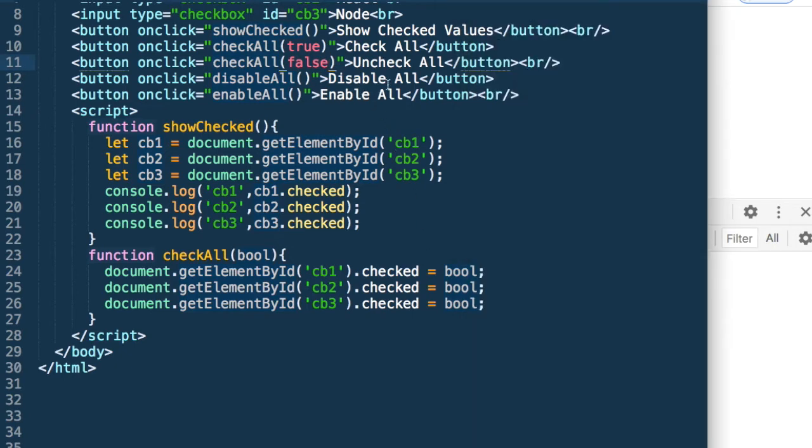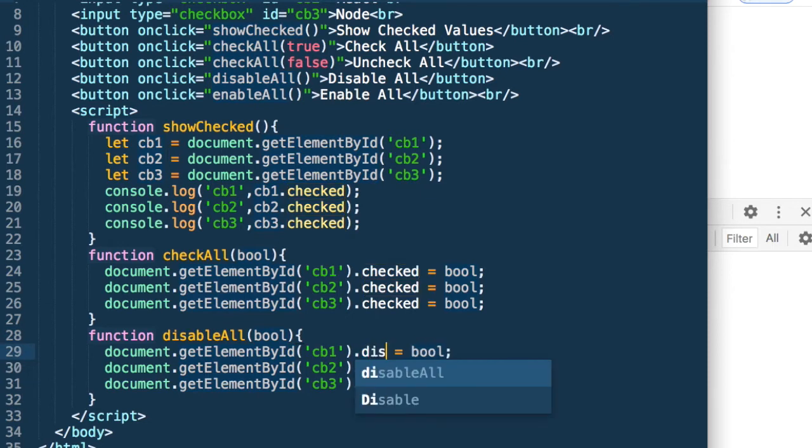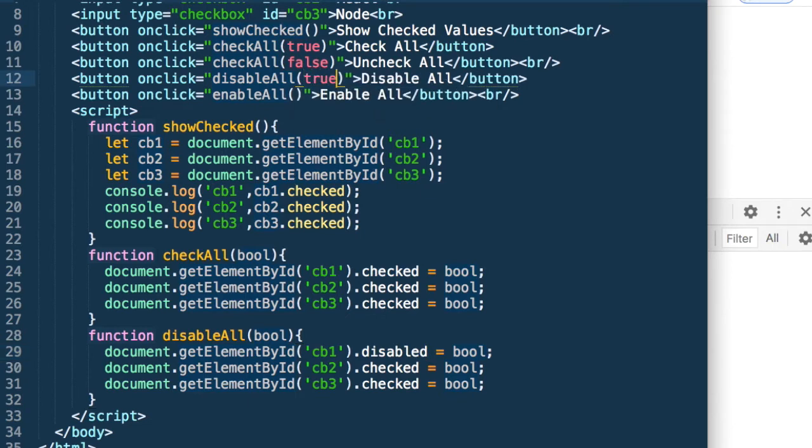Similarly, we now need to implement disable and enable. I will just use this code and we want disable all. If I want to disable, I will just set the disabled flag and I will just pass true here. So I want disabled as true. That's the boolean I have passed, and let's just copy it.